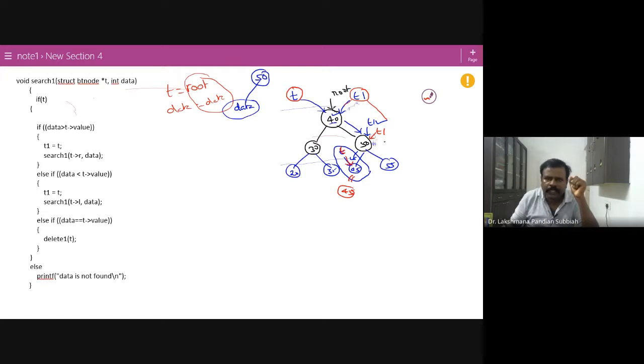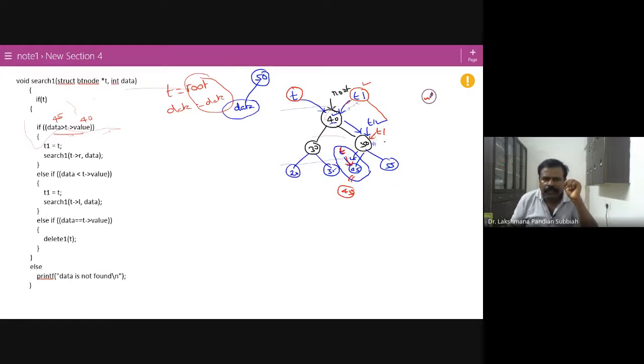If t is having a node, then what we have to do is check that node t, right? Then here we are having the data. For example, suppose you assume that the data to be deleted is 45. Now the root node t is 40, right? Now this condition is satisfied. Then what it will do now is t1 equals t. Now we are going to introduce another temporary pointer t1 equals t, which is a global variable. So we are having t1 equals t.